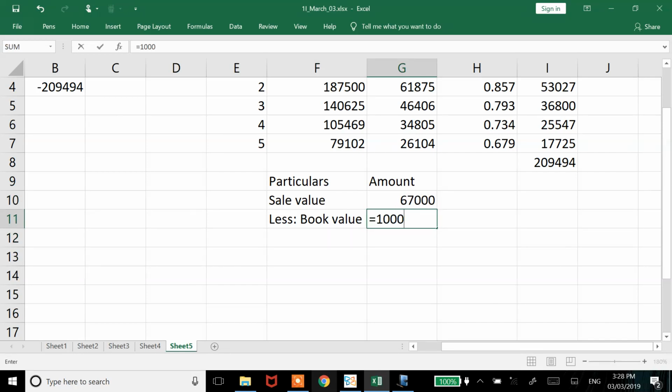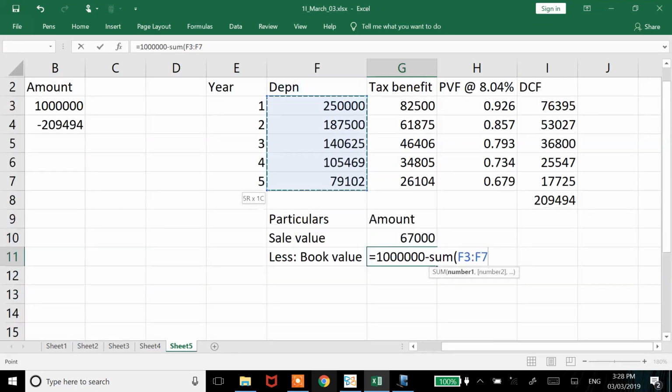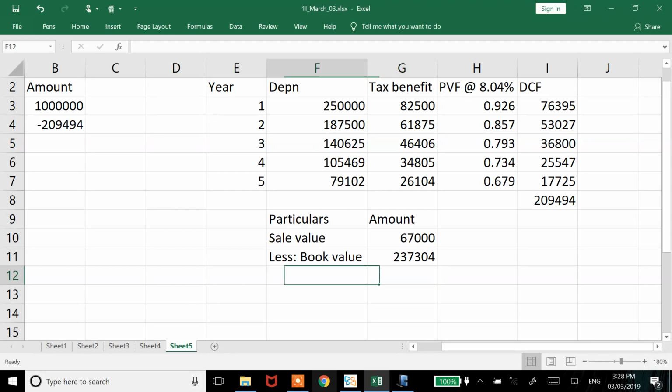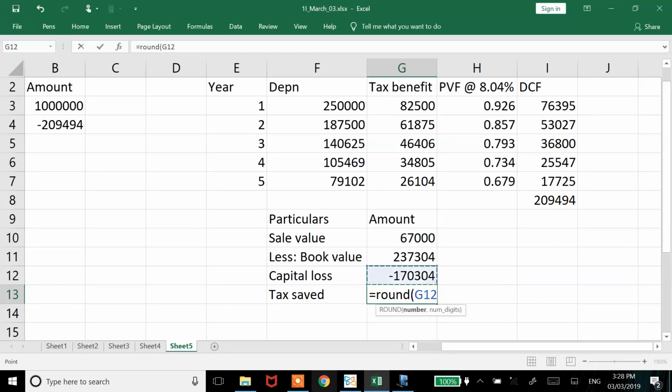Book value is 10 lakh minus so many years of depreciation. So you are left with 237. Capital loss, tax saved into 0.33,